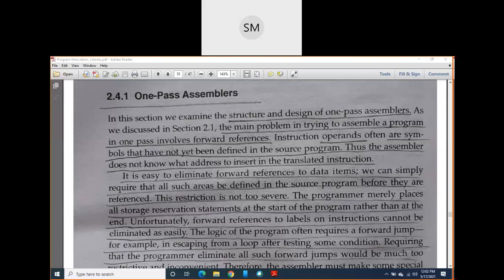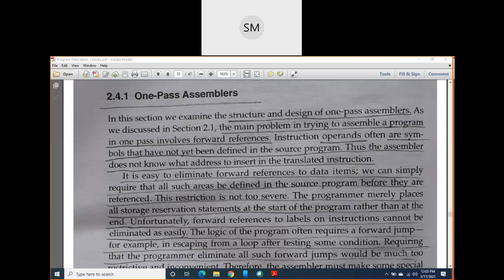Now the question is, suppose the first executable statement in your program is STL return address. How do you translate this instruction into object code? First you have to find the opcode of STL. Then you keep searching for the address of the return address operand in the next lines of your program. This process is called forward reference. Already I told you, correct? So this forward reference is present in the first pass, that is pass 1.